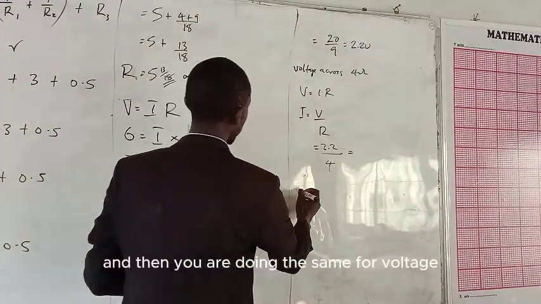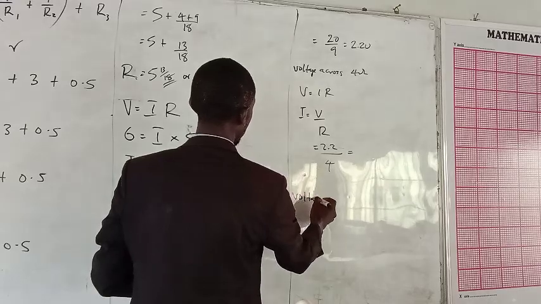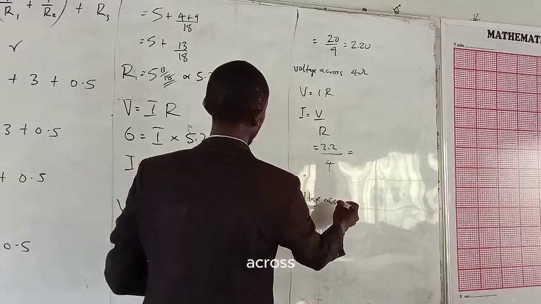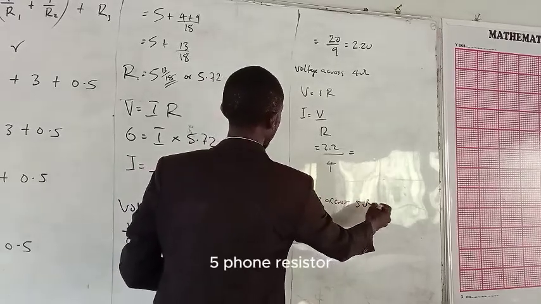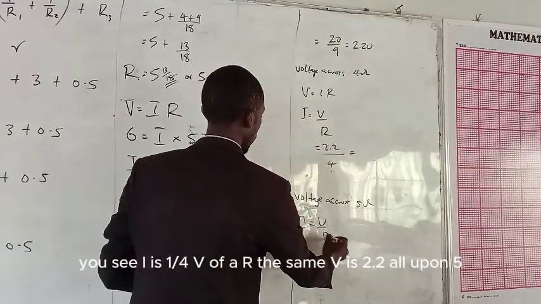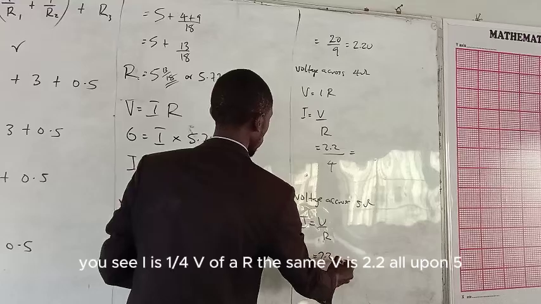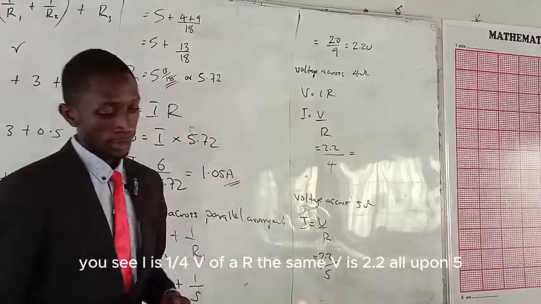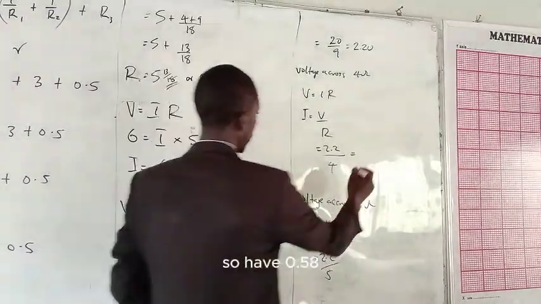And then you do the same for the 5 ohm resistor. You say I is equal to V over R. The same V, 2.2, upon 5. So we have 0.58